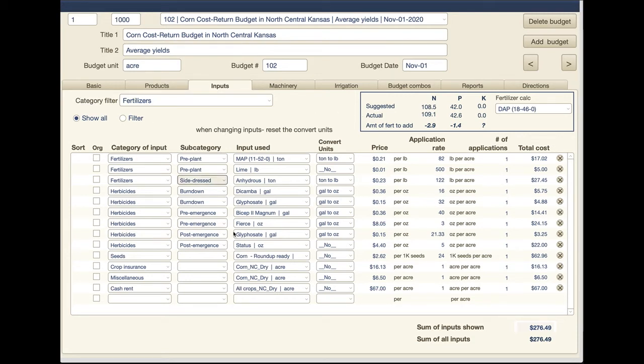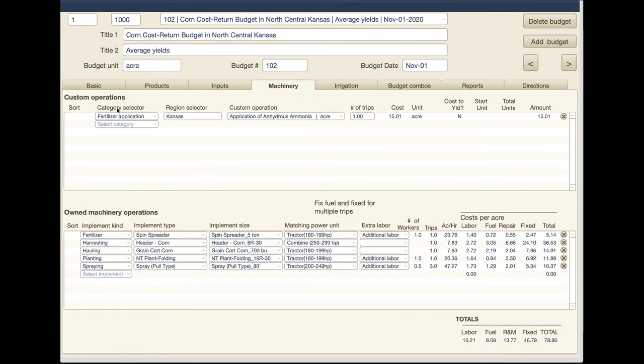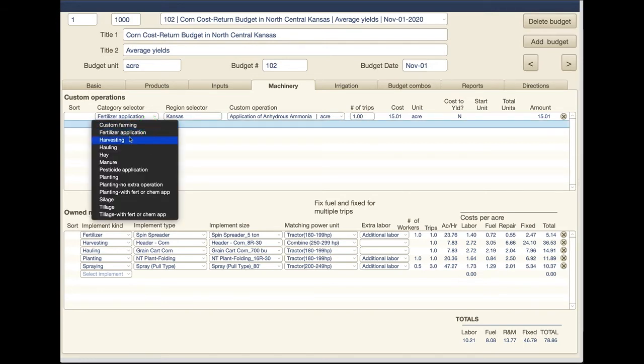All right, so that's all of our inputs that go along with it, how you would make changes. The machinery side, there's probably a little more complicated things to do there. So again, we have a section where you can either use custom rates or your own machinery. If you want to add something new, again, you could, like we've had in the past, you would basically select